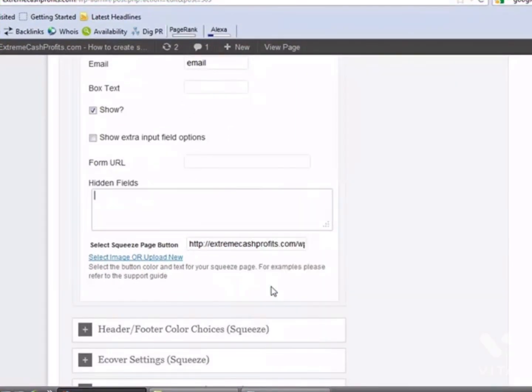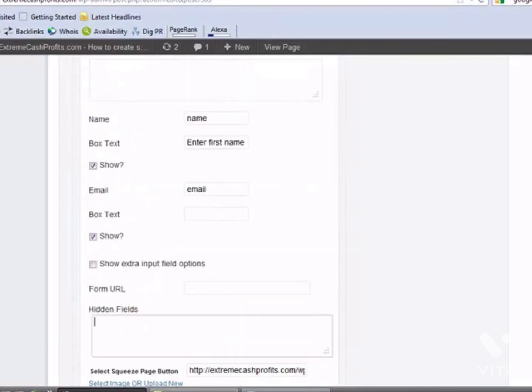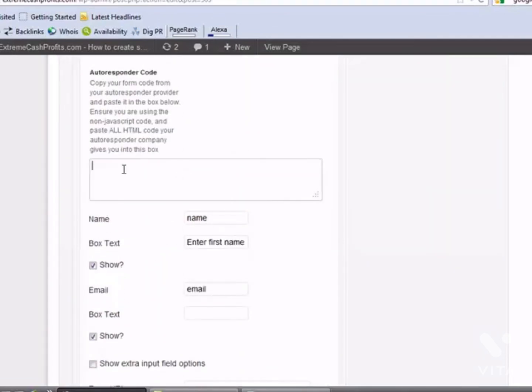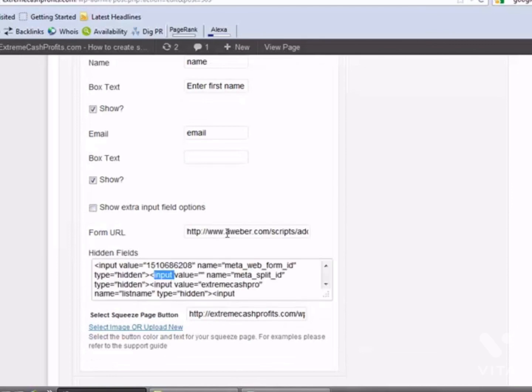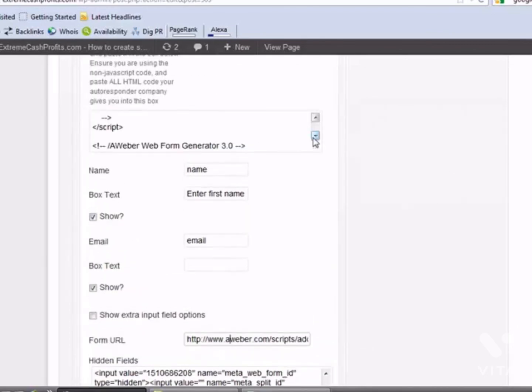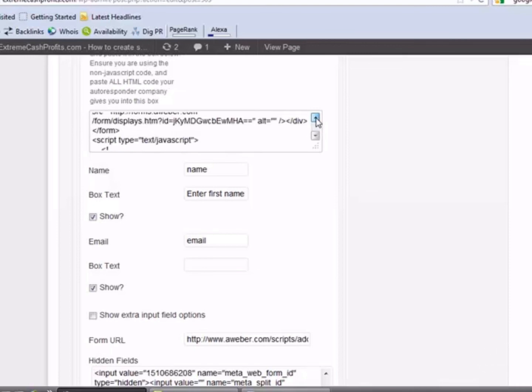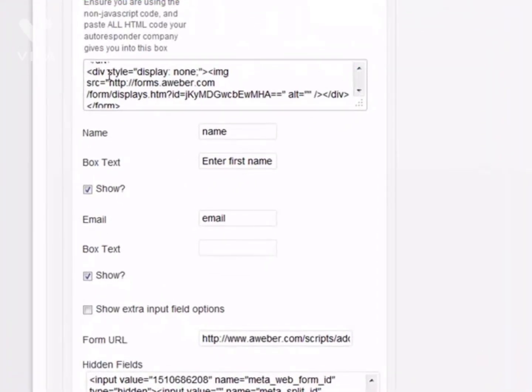What you need to do is add some extra code in here, because when you get the code from Aweber and put it in Optimized Press, it automatically takes part of the code out. So what you need to do is go up. It's very simple to do. Scroll up until you get to this bit just here, look, and you need to do this every time you set up a new